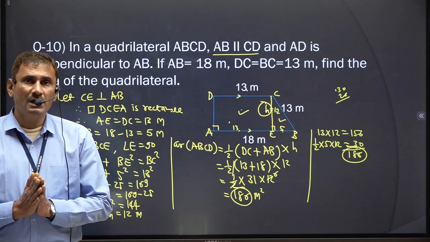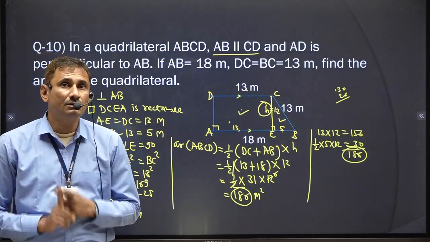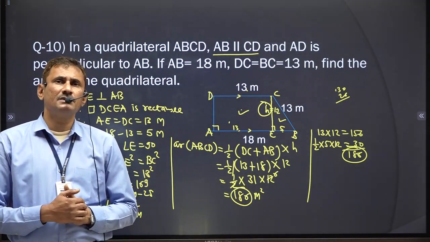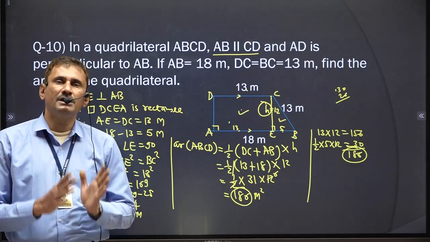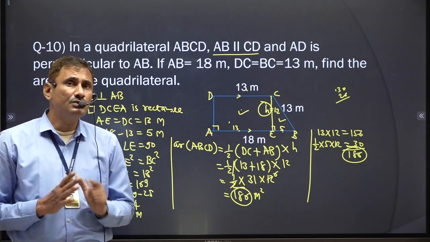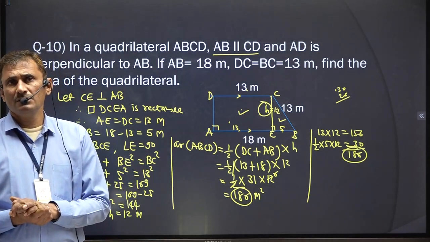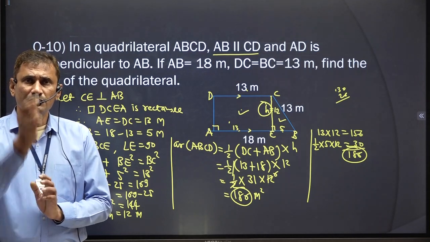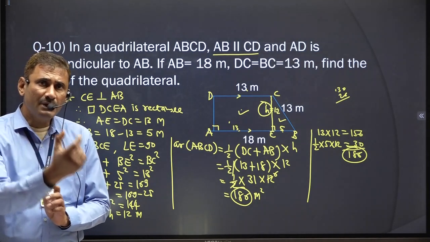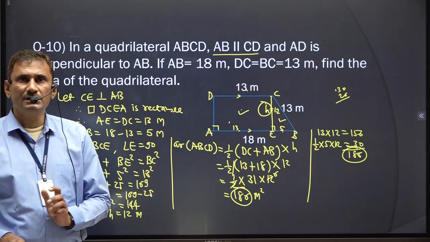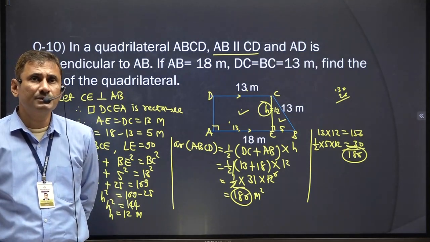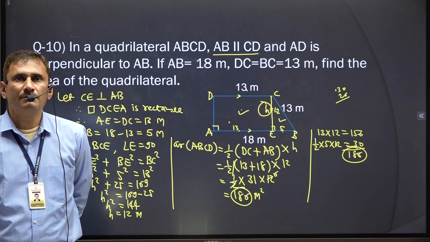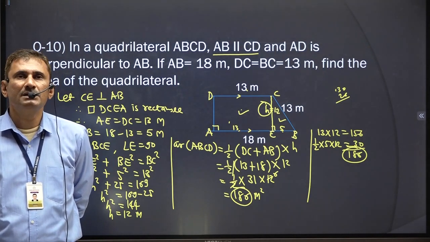They have asked for the area as well as a particular altitude. So what to do here? What is new here? One step at last will be extra. After finding the area by Heron's formula, you have to use another formula for the area of a triangle. It will be half into base into altitude. So whatever area you found is compared to the other formula, half into base into altitude. Out of the three sides, a particular base is specified, so you can find the corresponding altitude of that side.